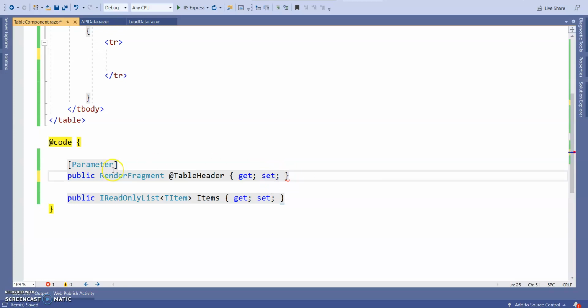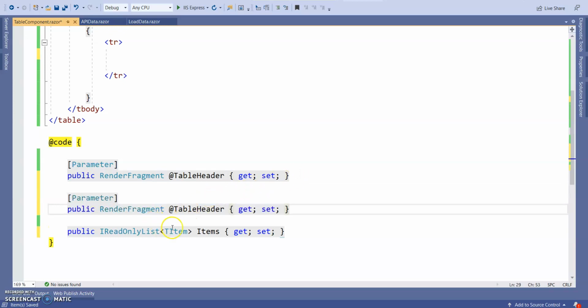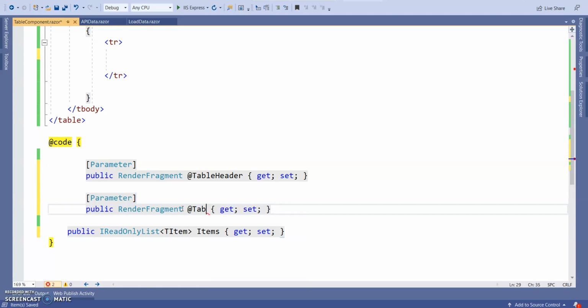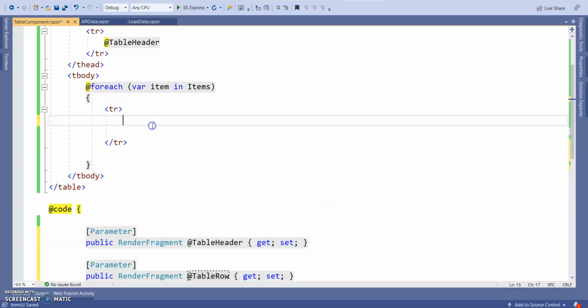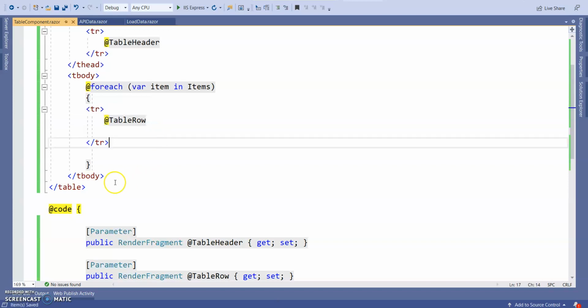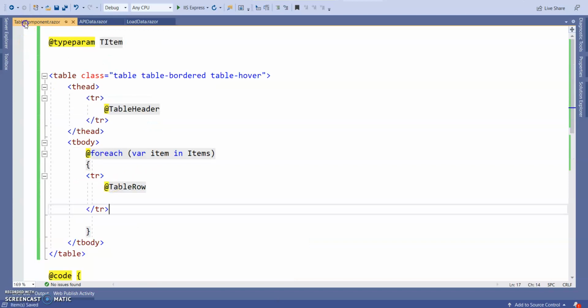So we are going to declare the same RenderFragment parameter as a RowTemplate. So here giving TableRow. Our table row is created. We are done with our shared table component.